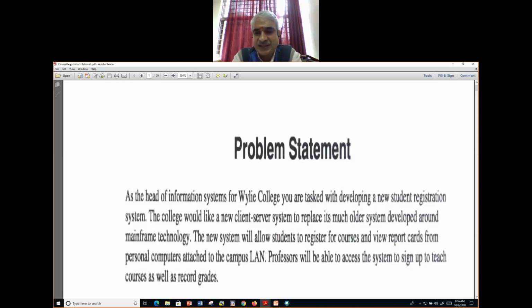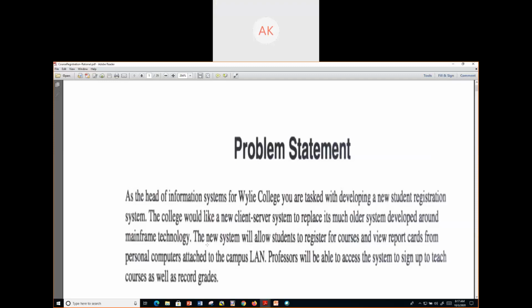Okay, are there any actors? Ashish, can you name the actors in this line? Look at the cursor. The new statement will allow students to register. Name the actor.